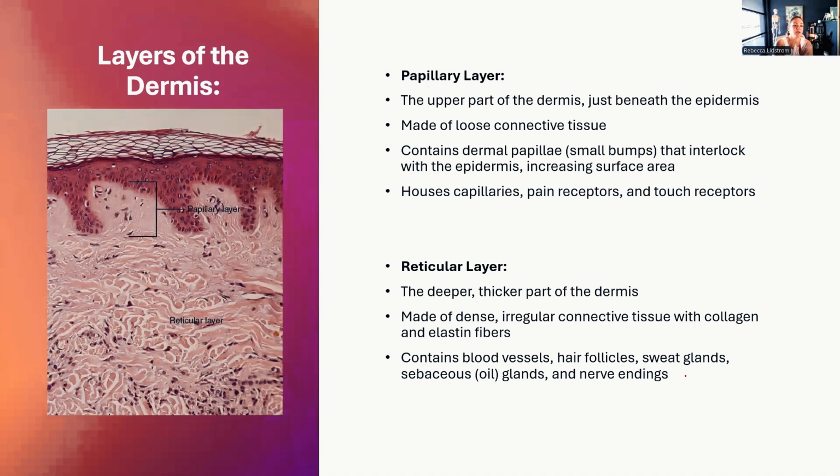Now, inside the dermis, we can divide this up into two different layers. We could talk about the most superficial layer, which sits right below the basement membrane or the stratum basale, the papillary layer. This is the uppermost layer of the dermis, and below that is the reticular layer. Now, the papillary layer is made mostly of loose connective tissue. There are dermal papillae, which are small little bumps that we see, and these small bumps interlock with the epidermis, and it helps increase the overall